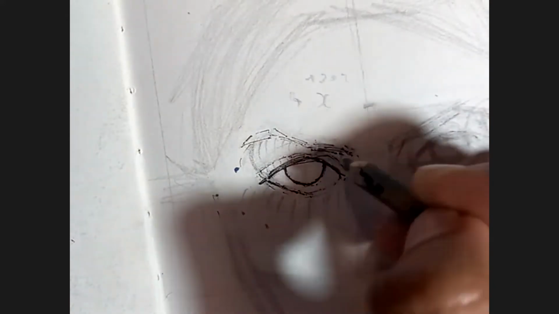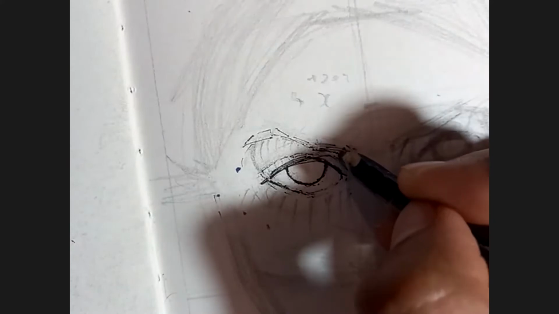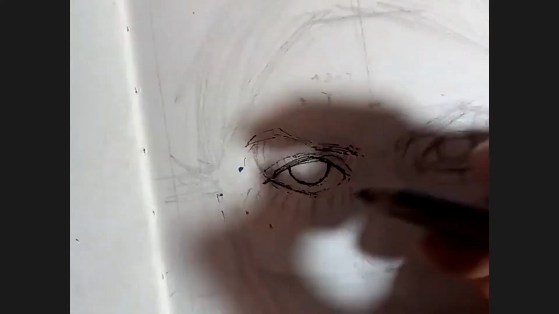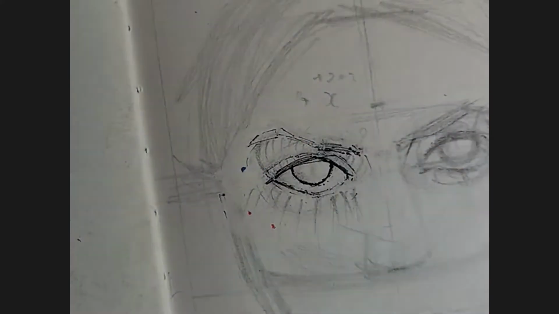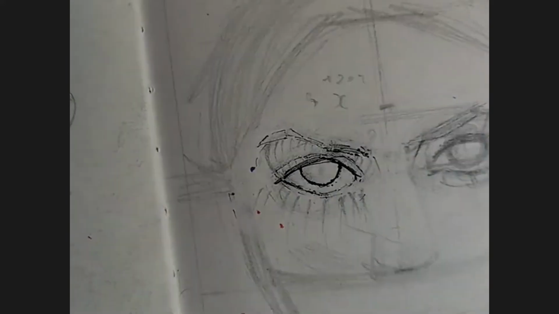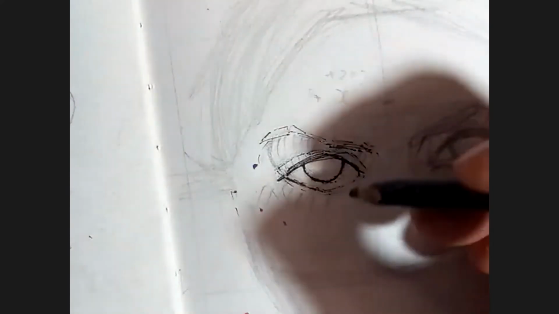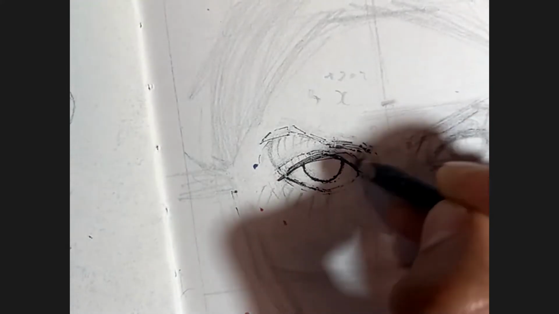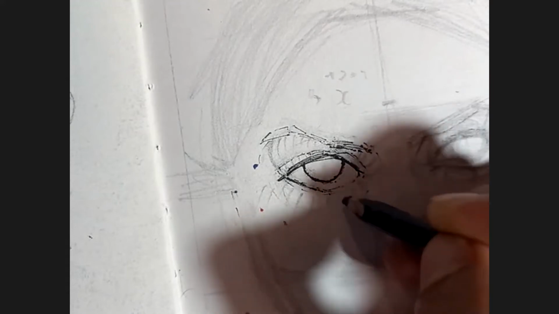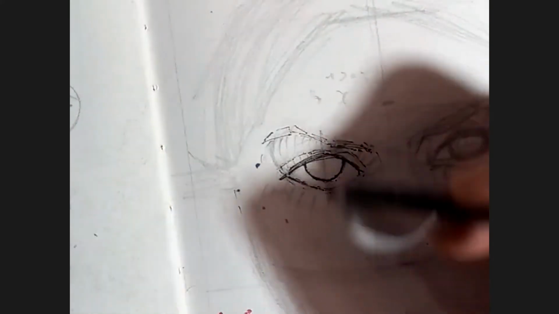Just work on this region around this. Yeah, this makes more sense. I'm considering this the center, I'm taking it here.